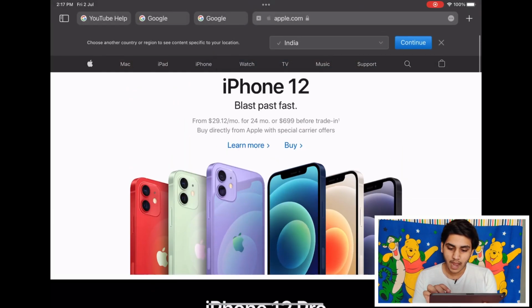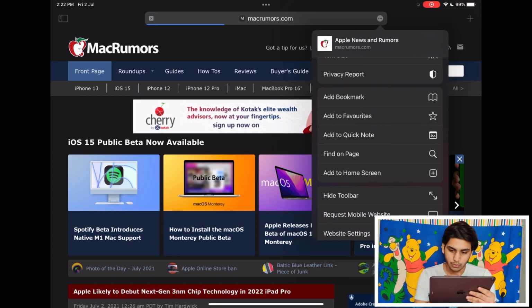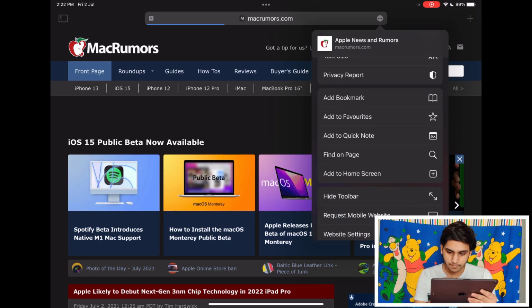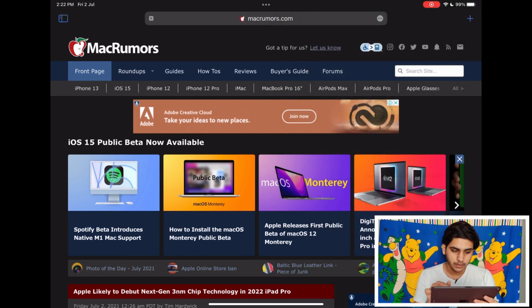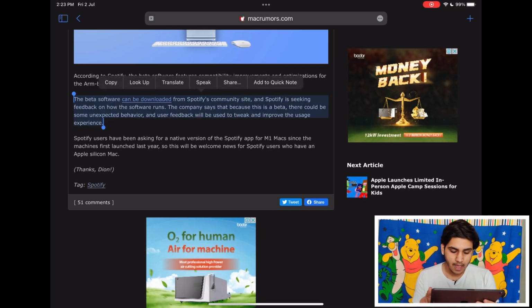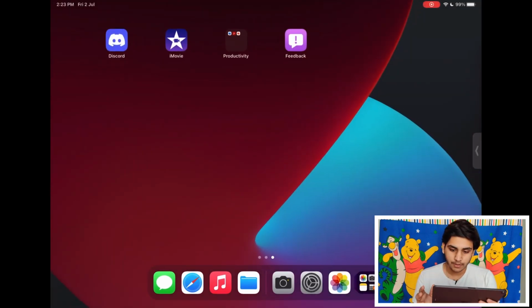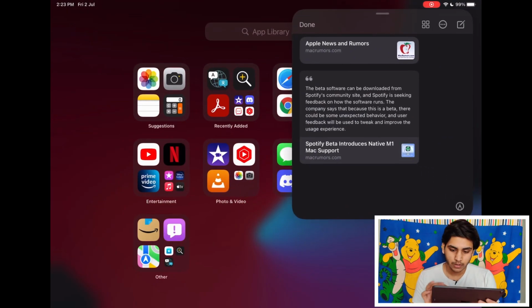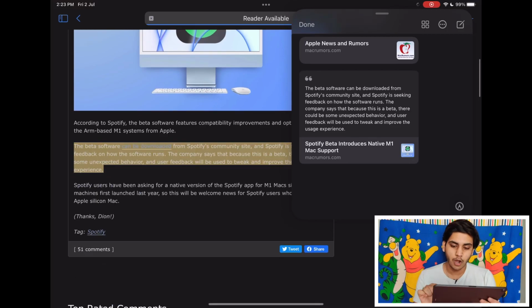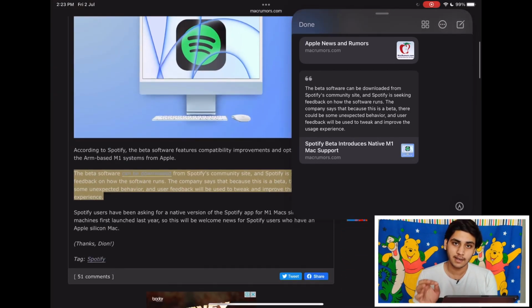There's also an option for adding a website into Quick Notes by clicking these three dots. Let me just add to Quick Note. See, the website is added into the Quick Note. Okay, now I'm going to show a feature which is really crazy. Just go to any website, copy the text and just click add to Quick Note. Normally the text gets copied, but here it's totally different. Close the apps, remove them from background. Now open the quick note and just click on the copied text. It directly takes you to the copied part in the website, which is really beneficial.